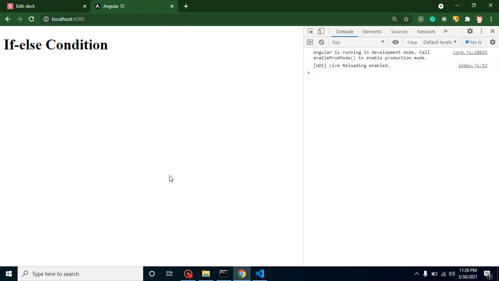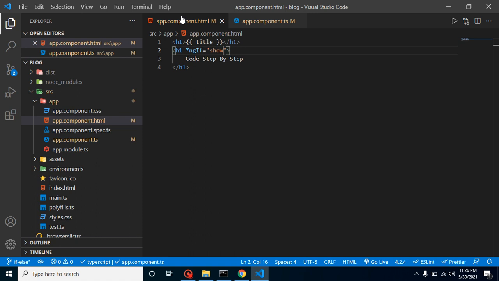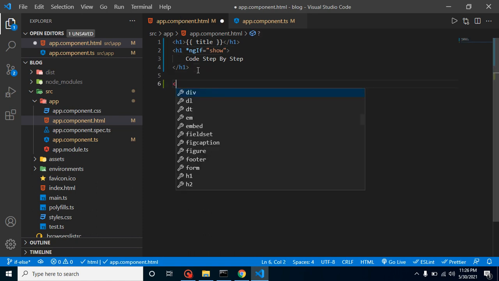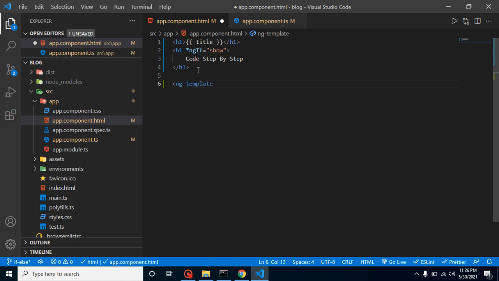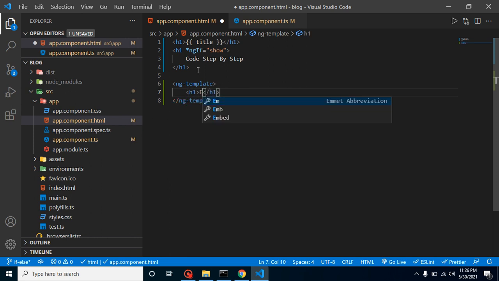So let's say you want to show some other content if show is false. For that, you can define an ng-template, or we can write some code here. Let's say h1, and put here else condition, right?